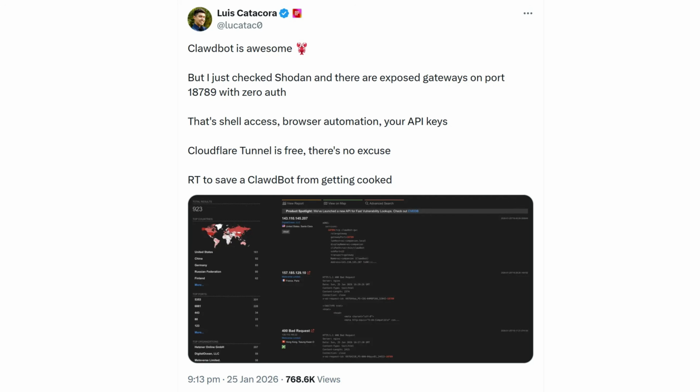Everyone's either buying Mac minis or spinning up cloud servers for ClawdBot, and a lot of those are ending up exposed on the internet. I wanted to run ClawdBot on my computer, but not my main system. Something sandboxed, something I could keep an eye on. But I did not want to buy a new machine, and I definitely didn't want it on a server somewhere